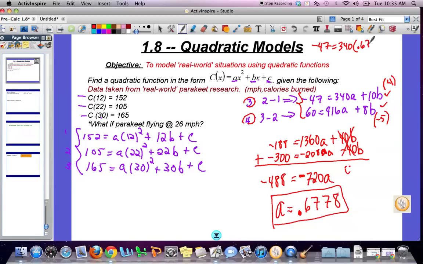Now, you could store this in your calculator if you want, because all of a sudden we're going to use a rounded answer to get another answer, so we're going to develop some error in our problem. I'm assuming your science teachers have talked to you about that. But when you use rounded answers to get more answers, you get more and more error. Well, you could try to put in something like